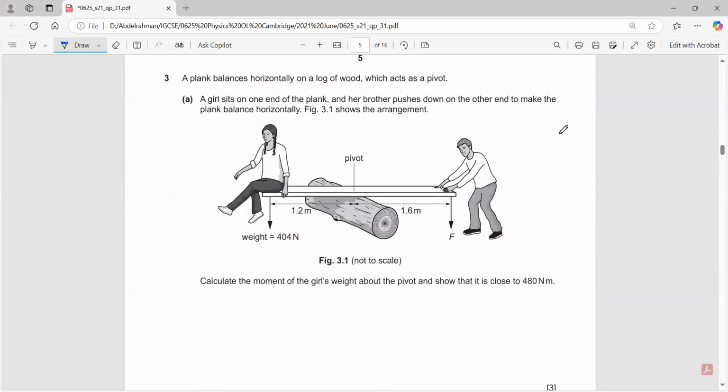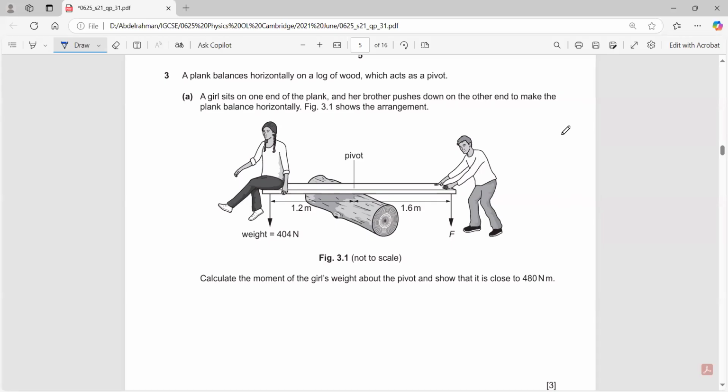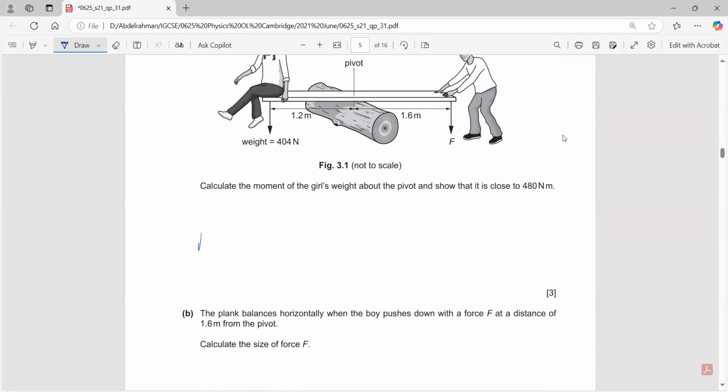A plank balances horizontally on a log of wood. Can I find the moment of the girl's weight about the pivot? Yes. Moment equals force times perpendicular distance. The moment force is 404 times 1.2. This would give you a moment of